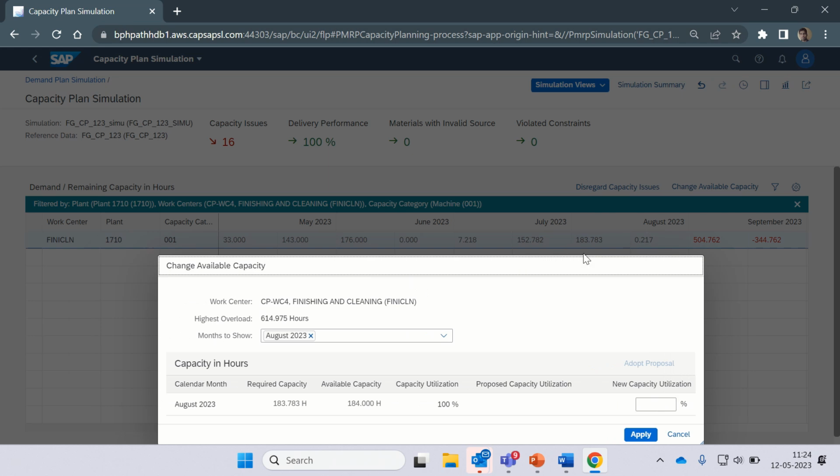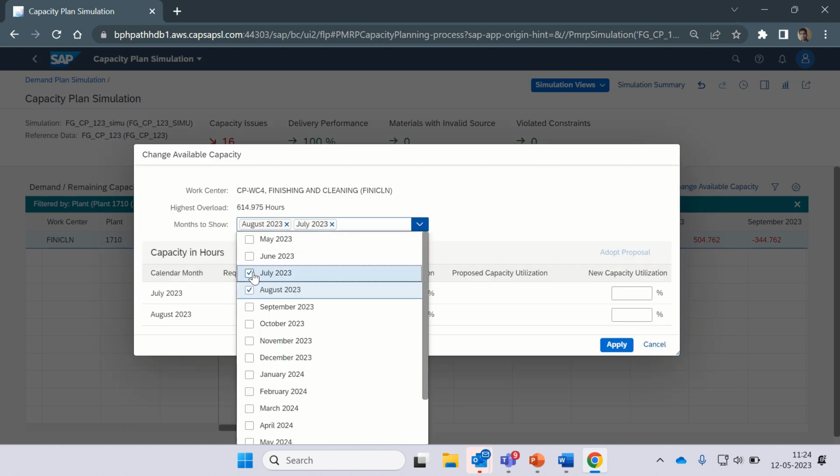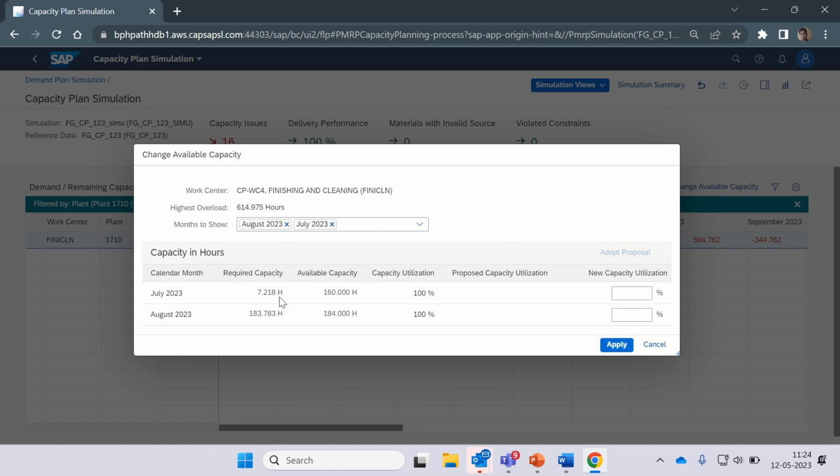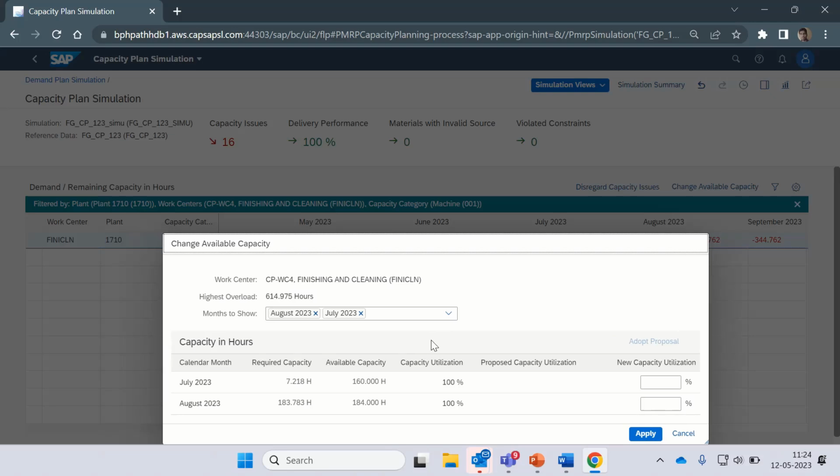You can see here 183.2783 is utilized already. But let us see July also. In July we still have available capacity of 160, but the required capacity is